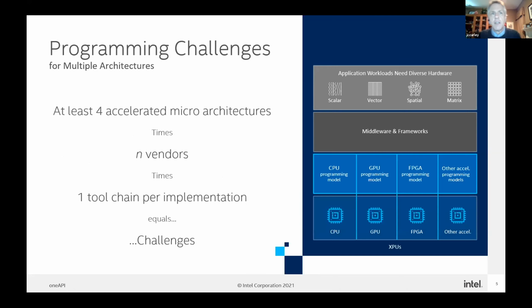So all of these things create a very simple problem. If you just start with only simplifying things to 4 individual microarchitectures, and you multiply that by anywhere from 3 to 5, 6, 7 vendors, you add a tool chain per implementation, and what you get is a problem. And the problem ends up being either underperforming hardware, inability to use the hardware, limited numbers of applications using your acceleration technology, or very commonly you'll just say, I may have a better choice, but I'm not going to use that because my code was already written for another accelerator and I'll just stay there.